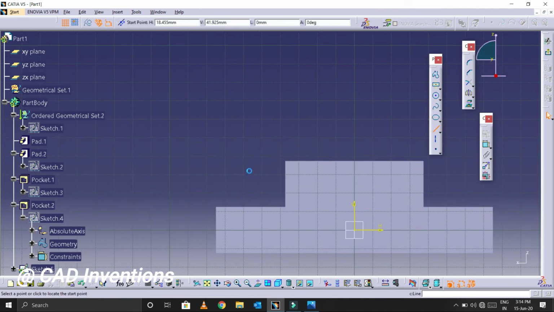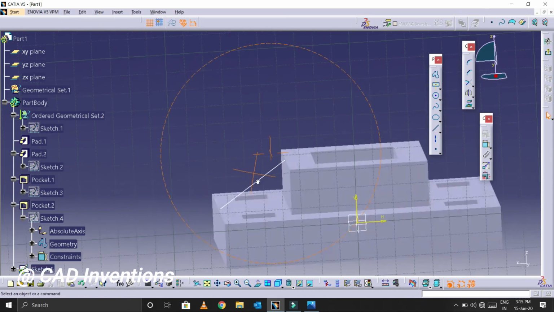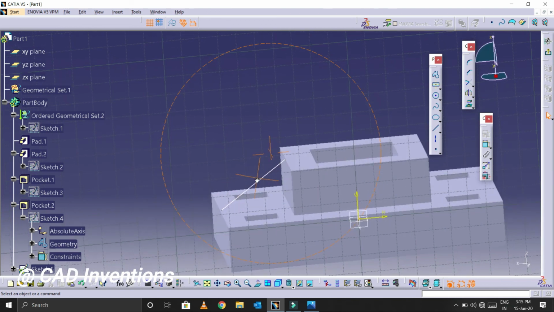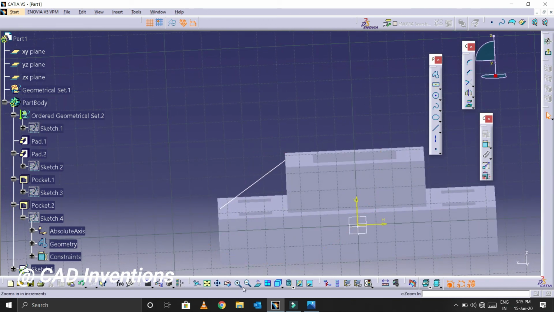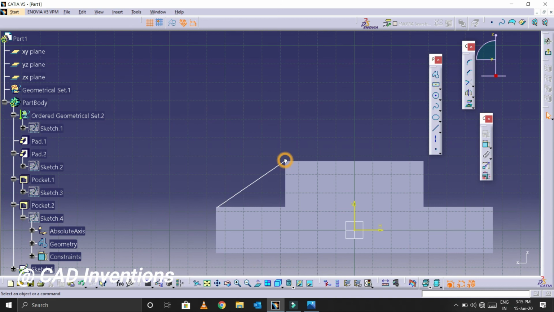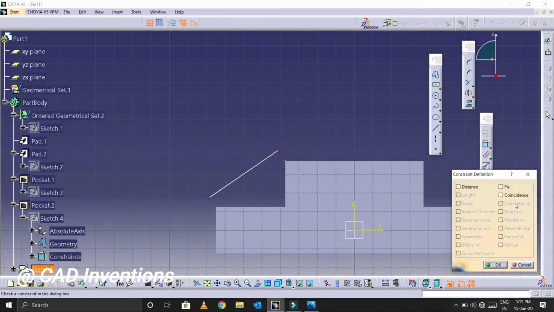Now select any one line, then draw the stiffener line, that's it. We can see how this line exactly coincides with the other. Now select that line, select that point, and select the point, and make them coincident. Why?